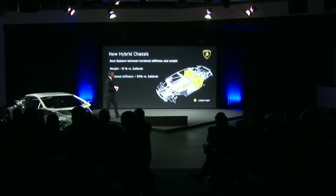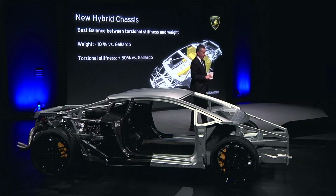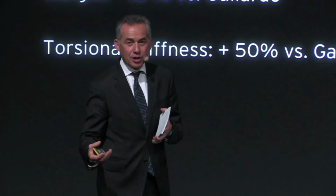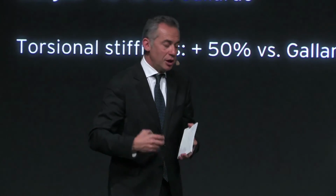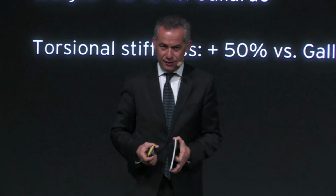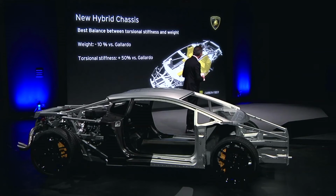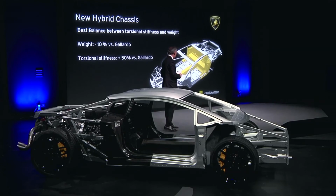This is now, let me say, one of the last parts of the car, because the chassis is the skeleton of the car. It is what, at the end, creates the right connection between all the components that we've seen before, including also safety requirements that were not mentioned, because for us it's clear they are mandatory for a car that must be sold worldwide. The hybrid chassis was really, let me say, a marvelous experience of engineering because you can imagine